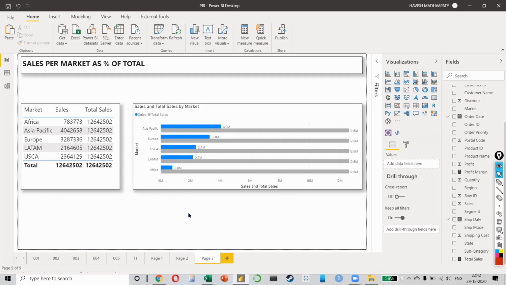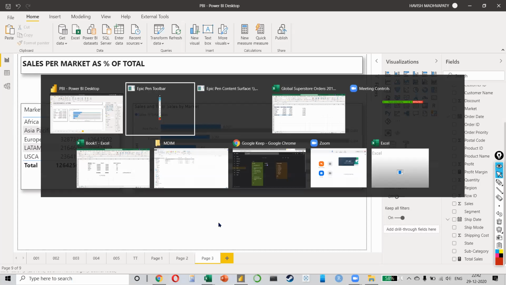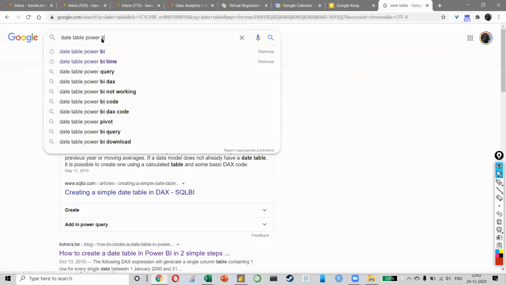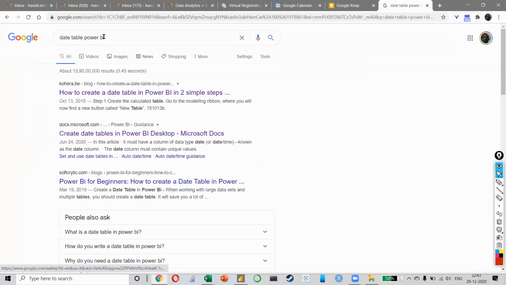We have a few more examples in DAX, and after that, I'll come back to some other topics, right? There's just two or three more examples. Now, the next example that I'm going to show you will require what we call a date table. Let me just Google it and show you what it is. It's called a date table, right? Just one second.